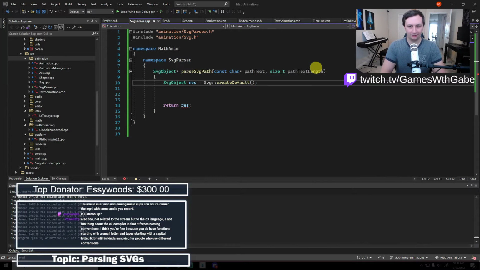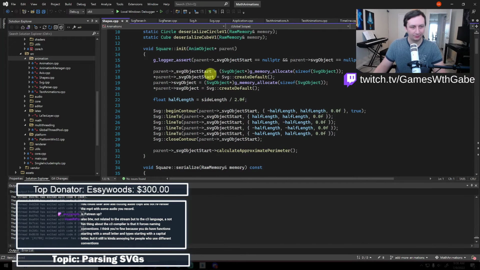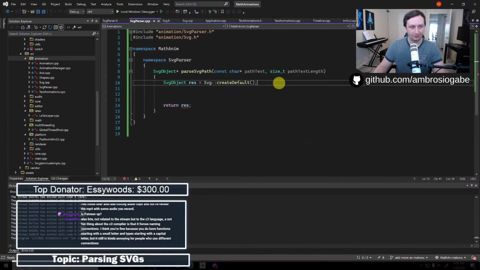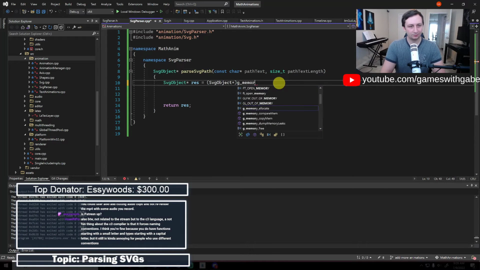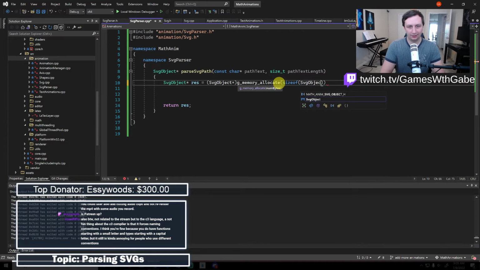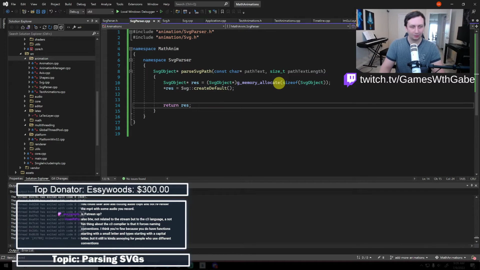Let me just check this real quick, shapes.cpp, because I don't know if I can just copy that stuff over. I think I can. Okay, yeah, so I can just copy that with an equals assignment, and that should be fine. Okay, so what we'll do is we'll just say this equals that, and then we can say star res equals that. Okay, cool. So that's all good.